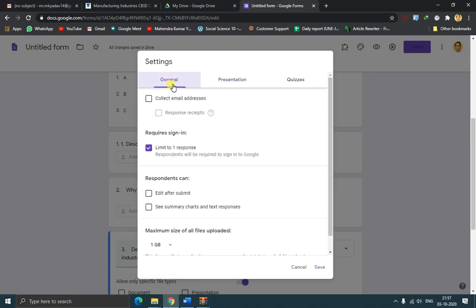When you limit to one response, the respondent will be required to sign in to Google.